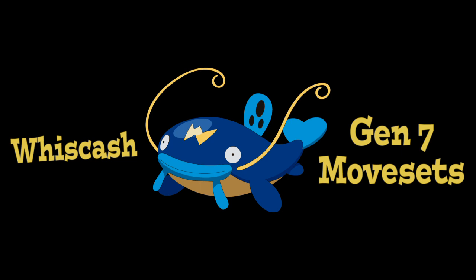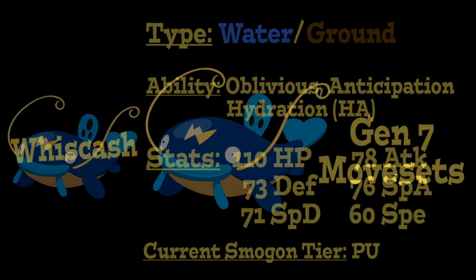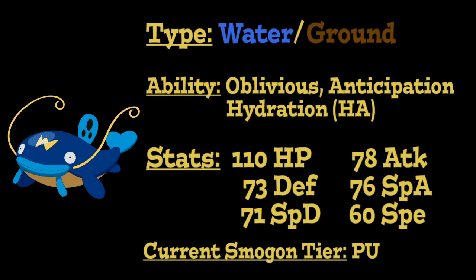Today's video is going to be all about Whiscash, so let's get started by taking a look at this Pokemon's typing, abilities, and stats. So to start things off, Whiscash is a water-ground type Pokemon introduced in Generation 3 that